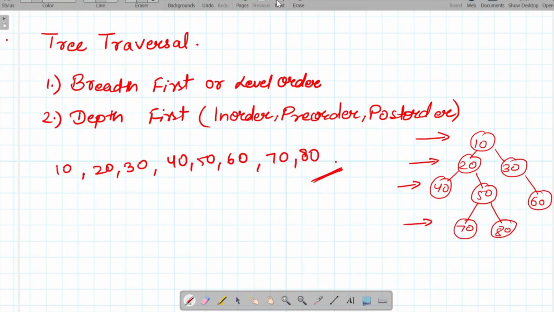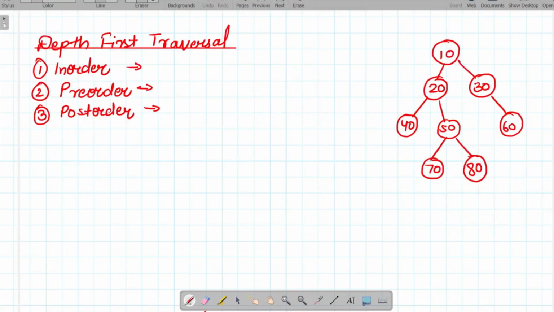So now let's move on to what is depth first traversal. Depth first traversal is basically traversing a given tree depth wise. So first we will go in a particular depth, traverse the tree accordingly, and then we will move to the other depth. So there can be different permutations for traveling in the depth first traversal.